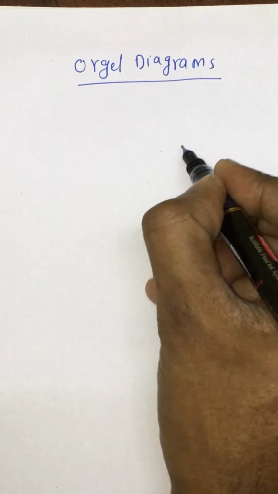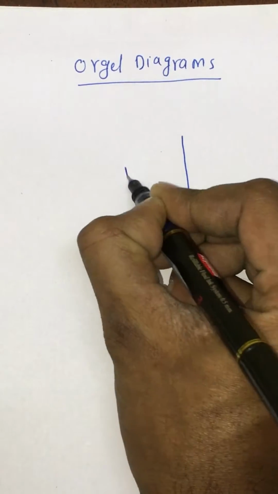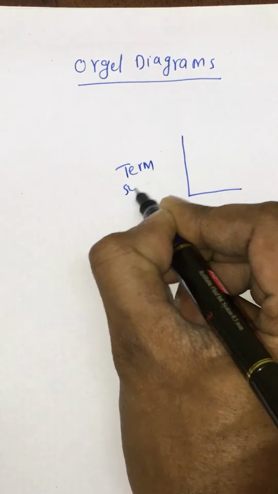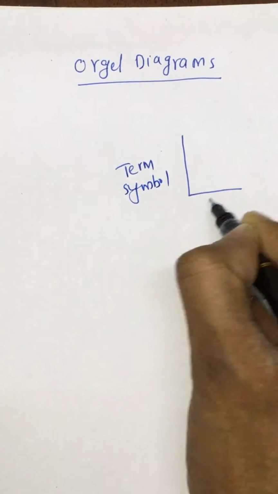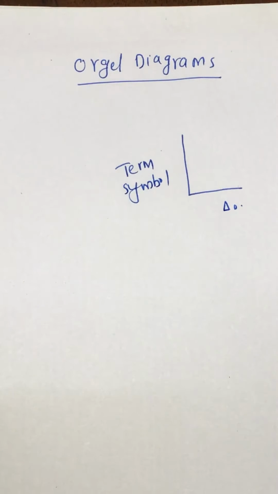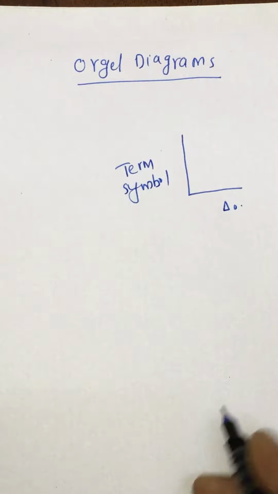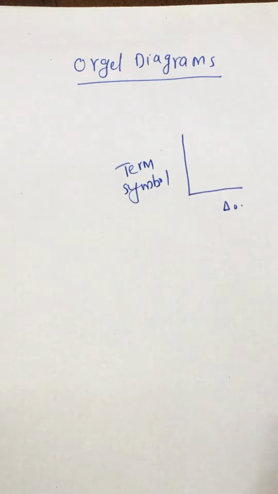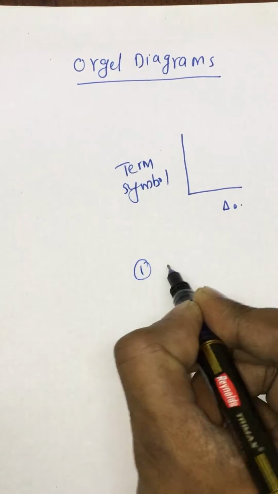Today we are going to talk about the Orgel diagrams. Orgel diagrams are nothing but a plot between term symbol and delta naught. If we want to plot a perfect Orgel diagram, first we have to know the d orbital